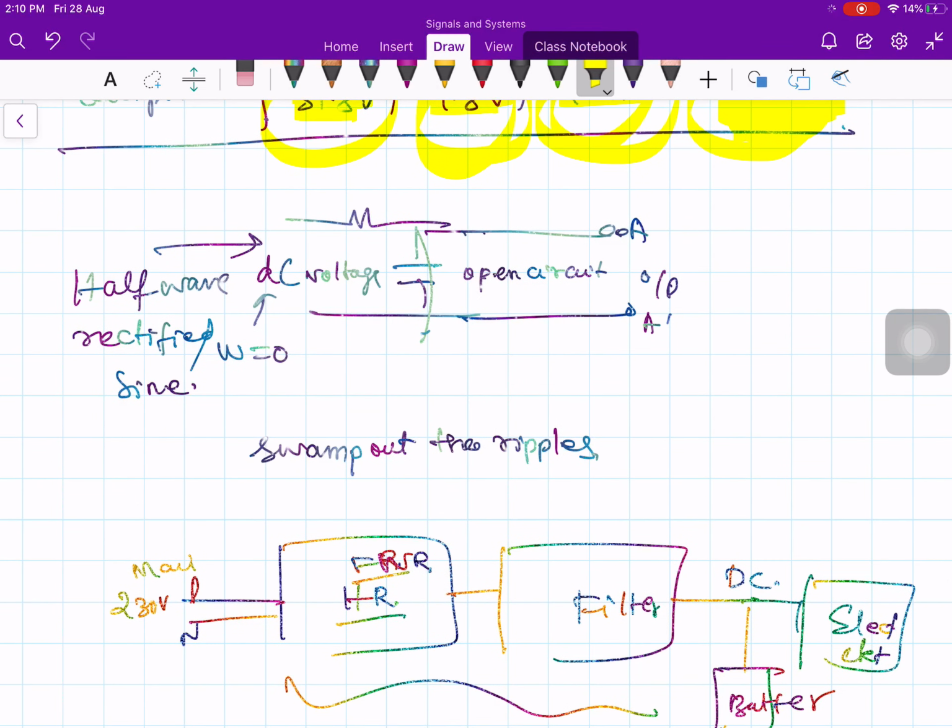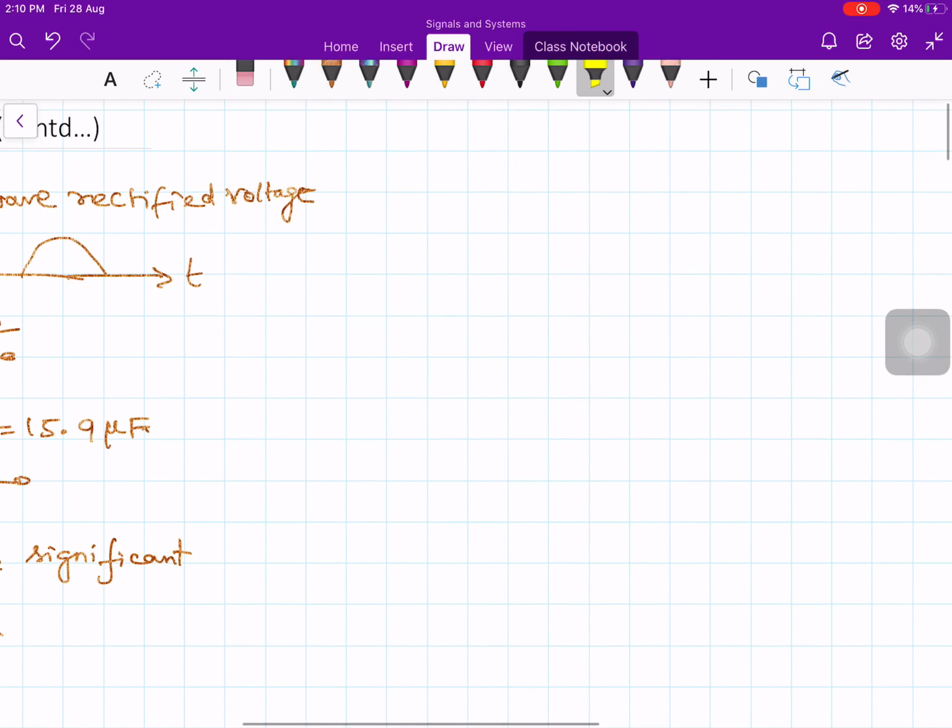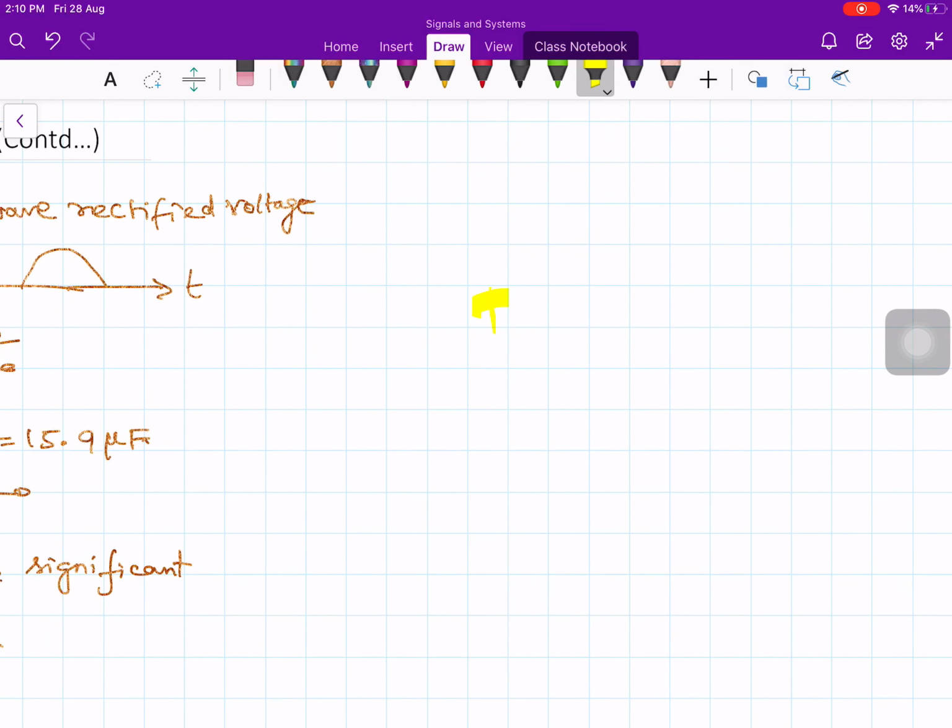Okay, so let me stop at this point. In the next lecture we will study the exponential Fourier series, which is an alternative way of setting up the Fourier series. Till now we looked at the trigonometric Fourier series. Next we will move on to the exponential Fourier series, which we will discuss in the next lecture.